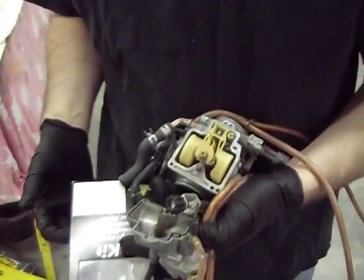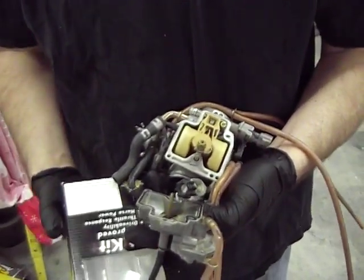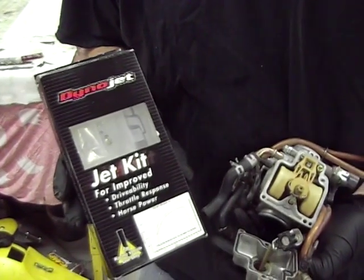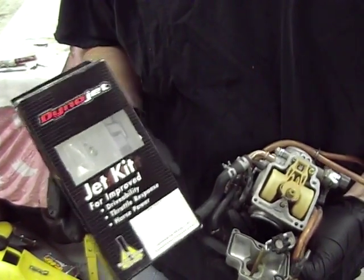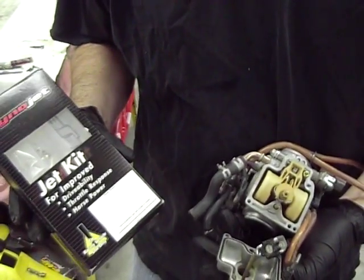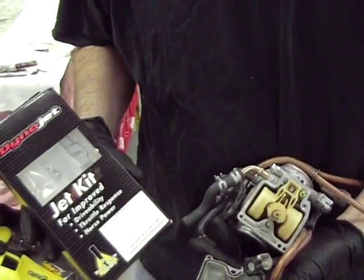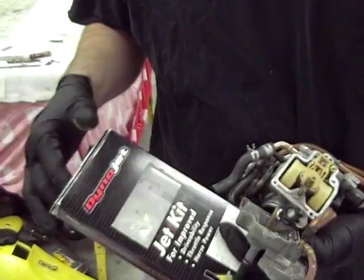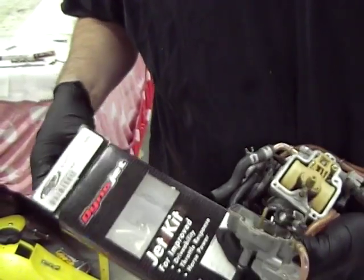So what we are going to do is install a Dynojet kit into his carburetor. Now people ask, well, why do you do that? You can just use stock jets. I do a lot of stock jetting anyway. Yeah, you can do that, but there's one little thing about the Dynojet kit that I like, and that is, if I can pull it out here,